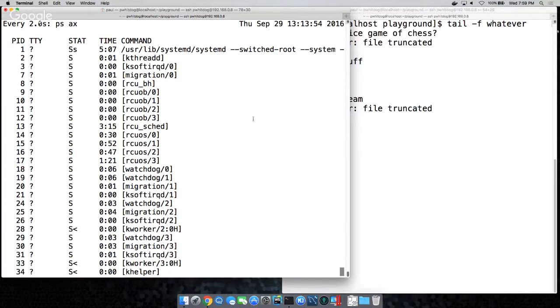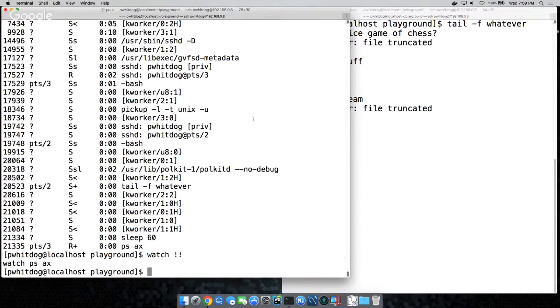Right. So let's say we were only interested in the watchdog processes, right? So if you break with Control C out of this and then you do up, can you add after bang bang? Yes. So go up to watch bang bang, like you just did. It's expanded, that's fine. Okay. And then pipe it to grep watchdog.